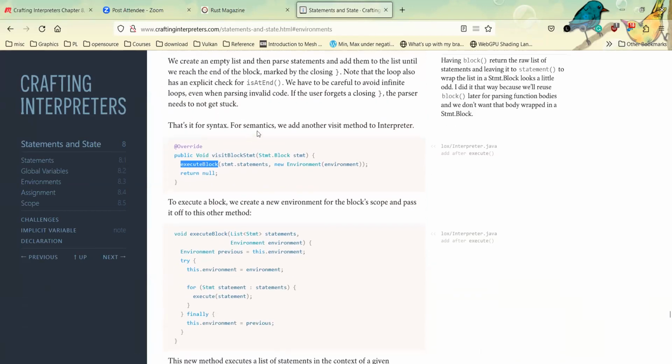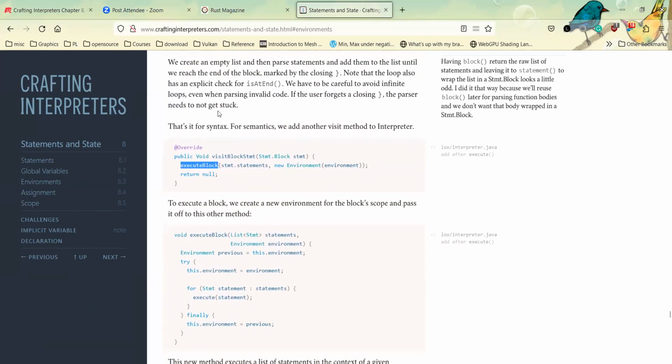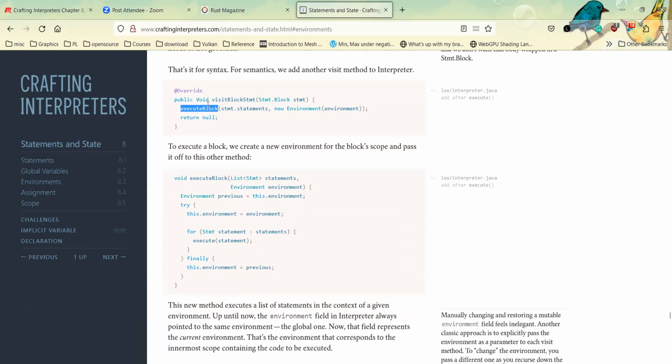Yeah, and then for the semantics of the block, we just have this helper function where we have a new environment. We put a new environment in.